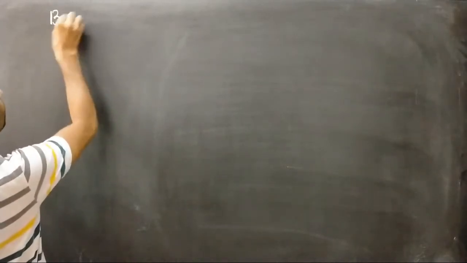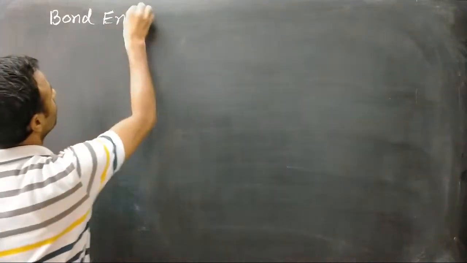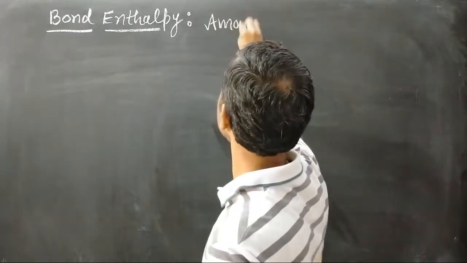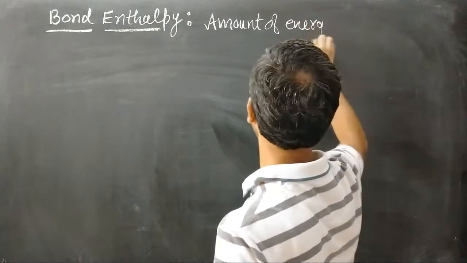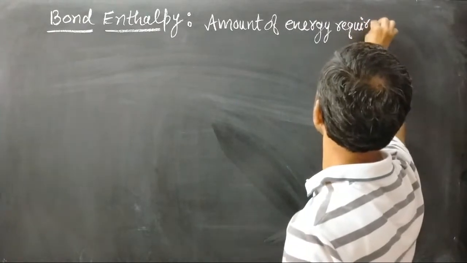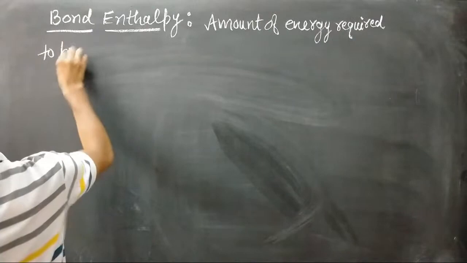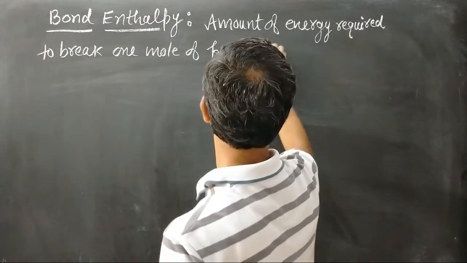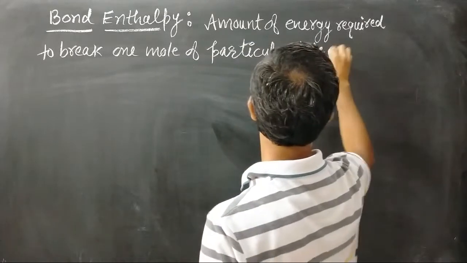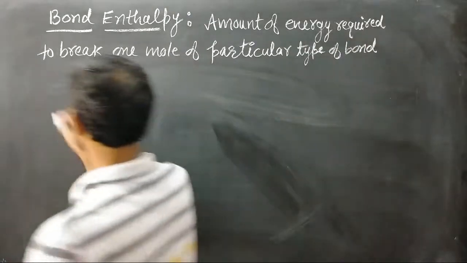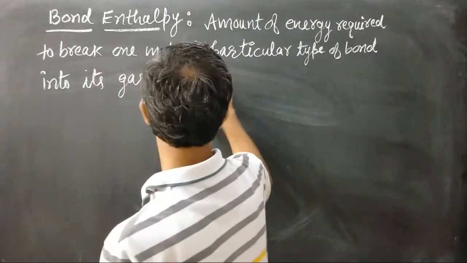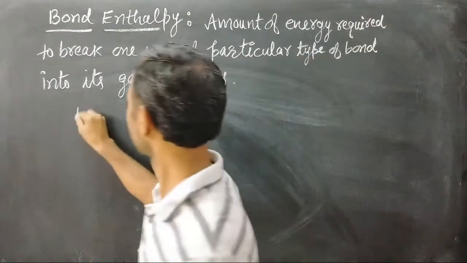Next topic is bonding parameters. First, bond enthalpy. Amount of energy required to break 1 mole of a particular type of bond into its gaseous atoms. For example, let us take,